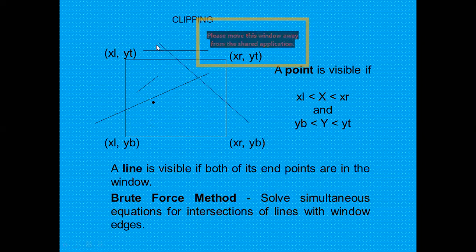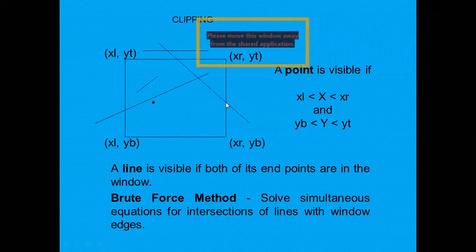Now come to this line. This line is intersecting at two places on the window. Here you can see the first intersection, and then again here another intersection. We will check the intersection only on the window edges, or we can say on the window sides. So these are the sides or window edges. Now we can say it has two intersecting points, this portion and this portion.